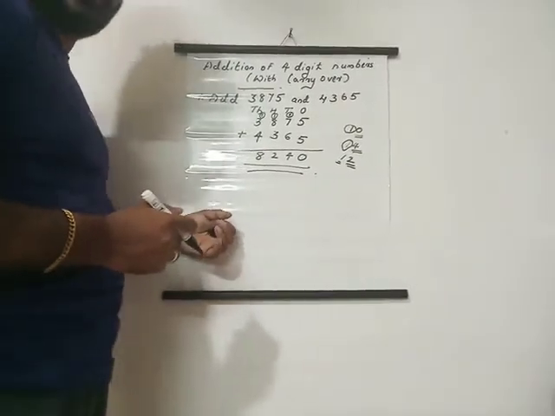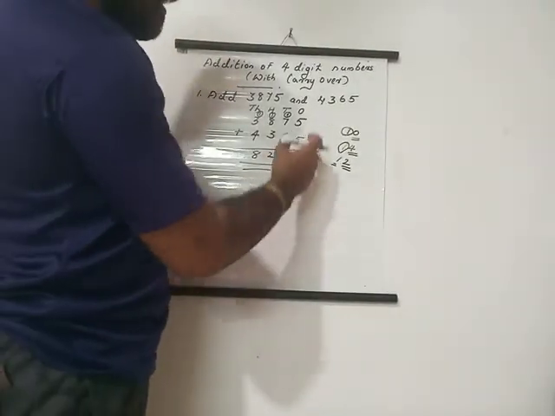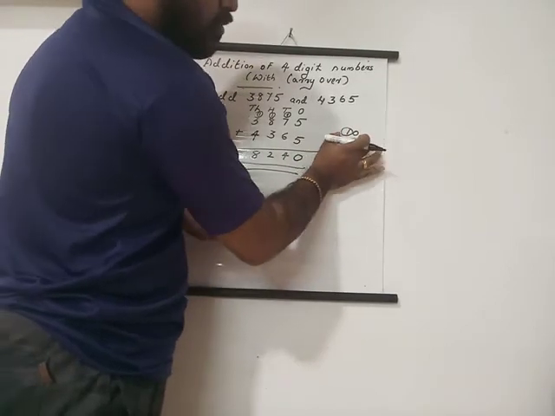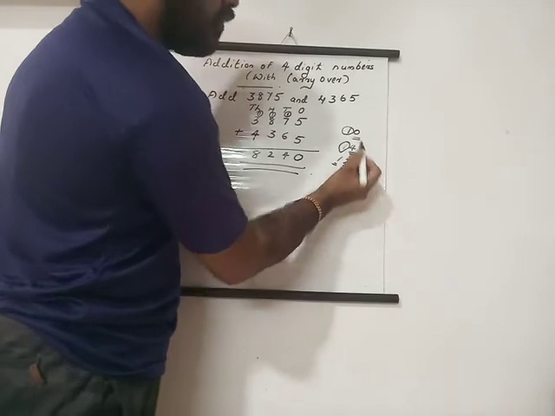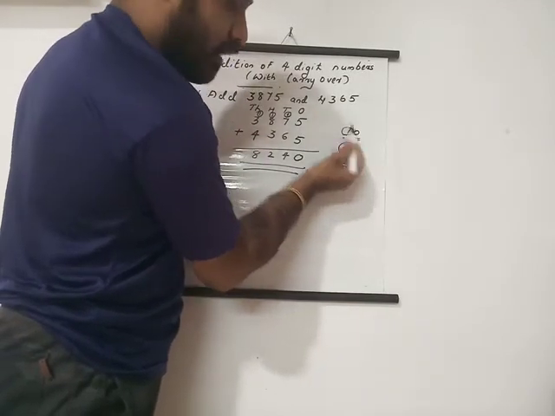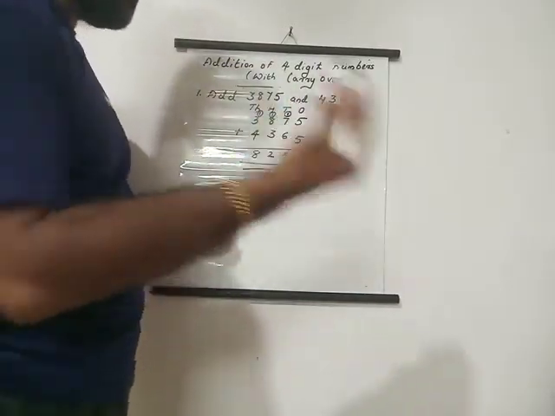So this is how we add these numbers. When we add numbers, if you get a number equal to 10 or more than 10, we have to do it this way: take the ones digit and put it here, and the left-side digit will come as the carryover. Let's take one more example.